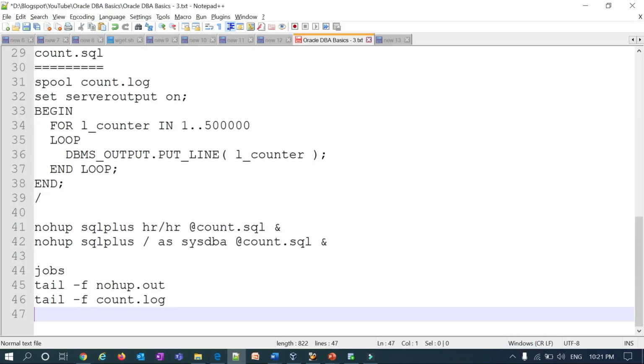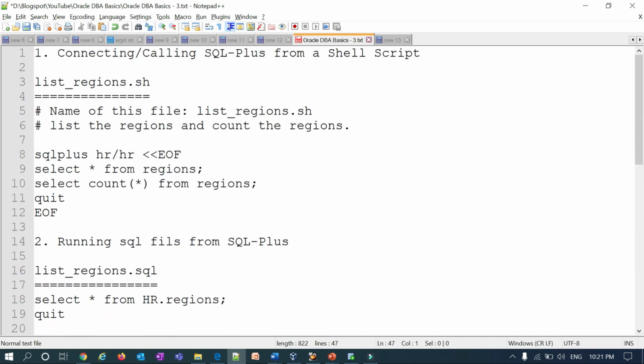So these are the different ways. In our DBA day-to-day life, we'll be running so many scripts, and these are very useful commands that you can make use of in your